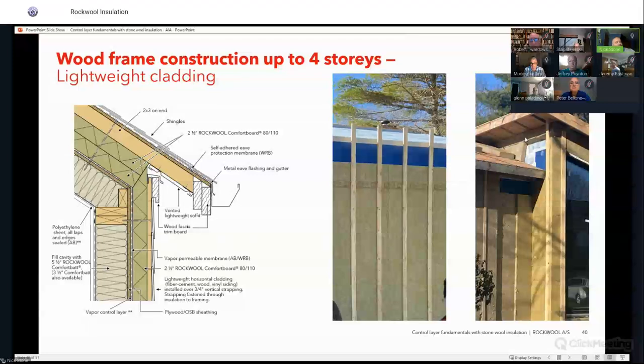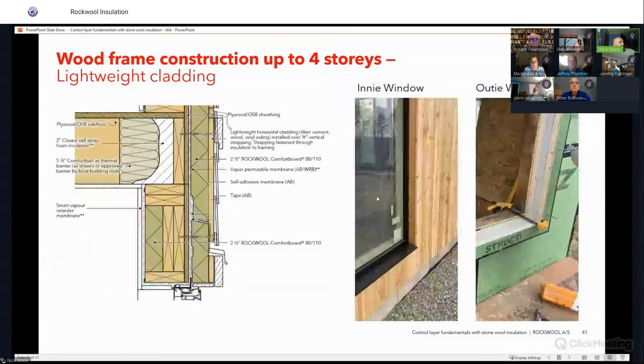This is some more pictures of some installs when we were talking about that exterior part, adding insulation on the roof assemblies. When we start looking at those exterior wall assemblies from a window standpoint,